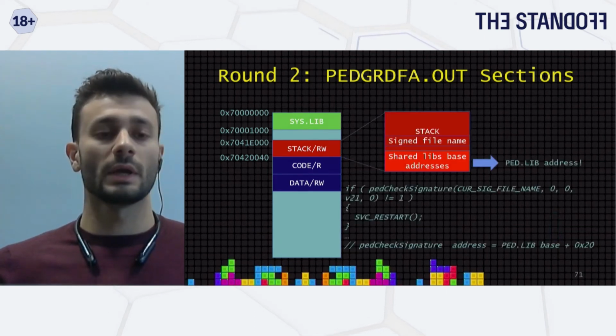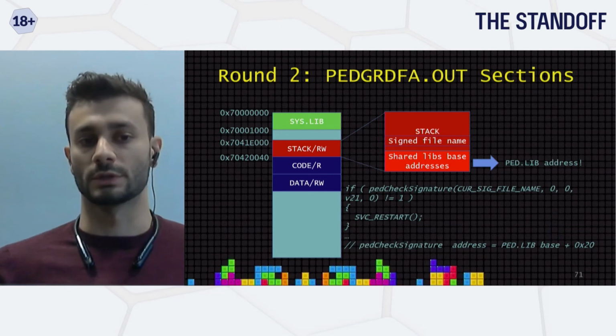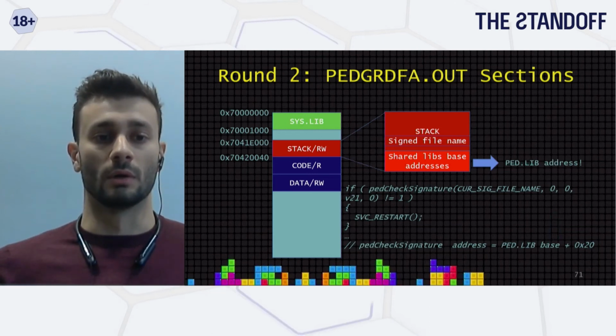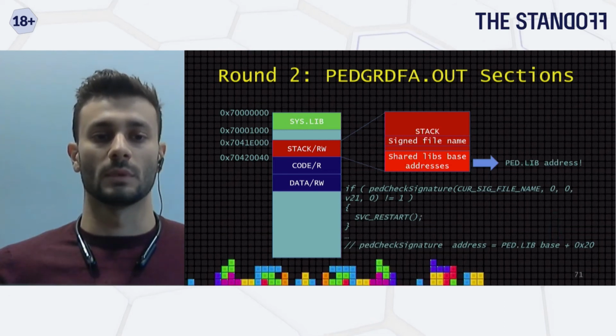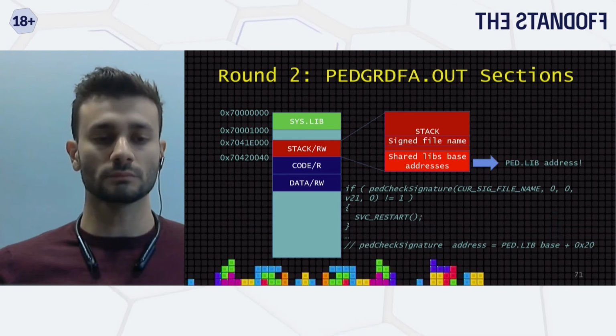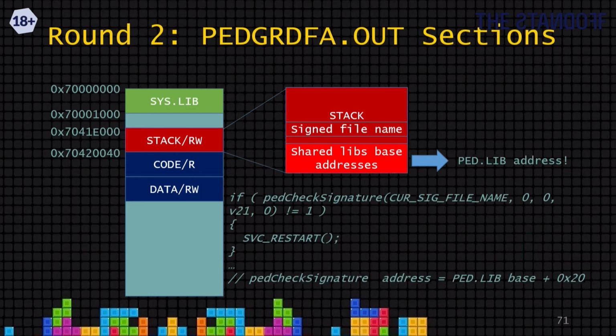And here's the layout of the stack. It turned out that at the very bottom of the stack lie the base addresses of all shared libraries used by the application, including pad.lib. And pad.lib contains such a call as pad check signature. And if you remember, this function is called in order to verify the signature of the file. Its offset is 0x20